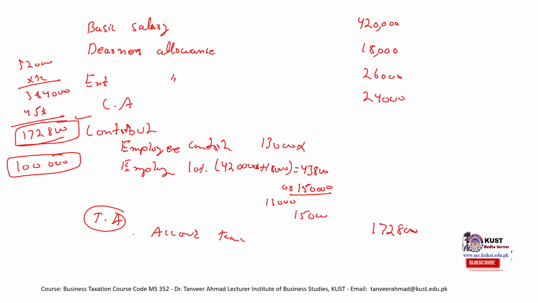Last is the salary of the sweeper. It is again a facility provided by the employer. If it had been paid by the employee, then it would not have been included, but because it is paid by the employer, this facility would be included, right? So 72,000. If we add these up, we get 7,32,800. So this amount is the gross income as well as the taxable income.